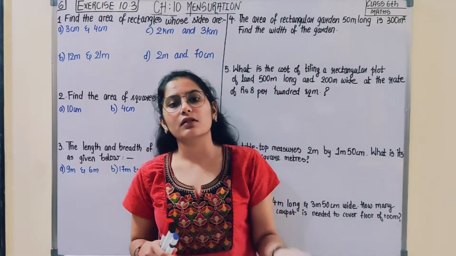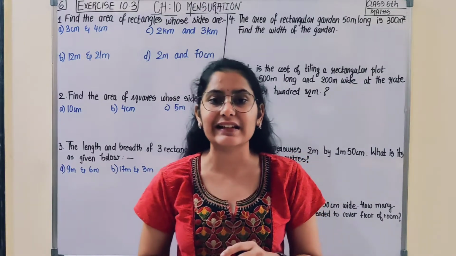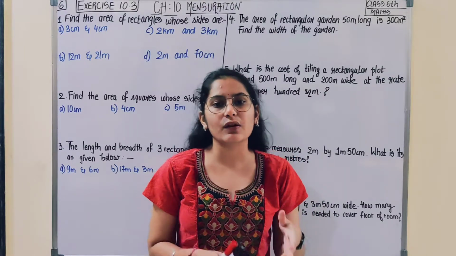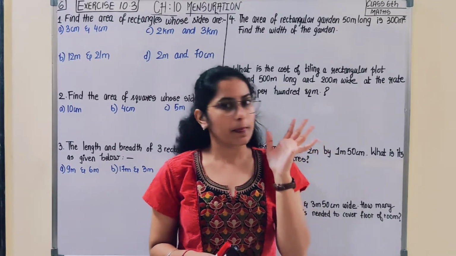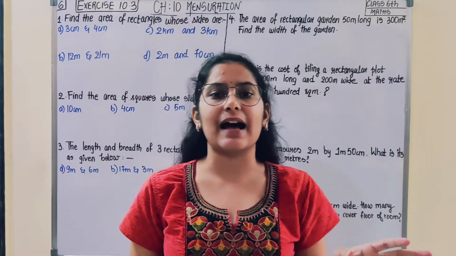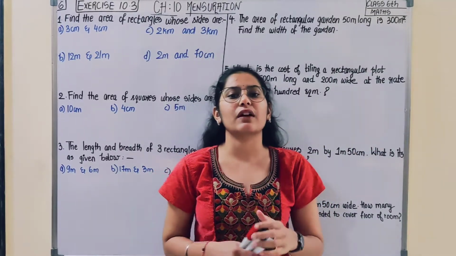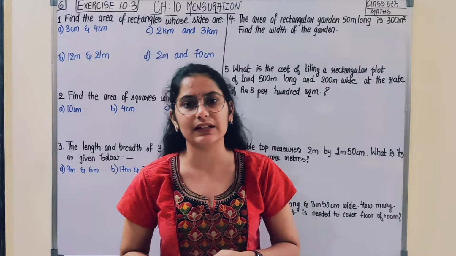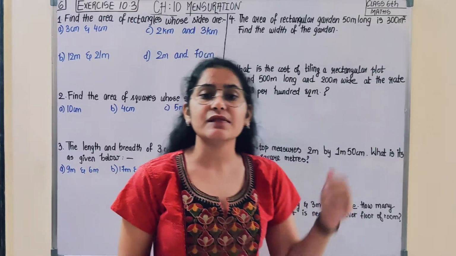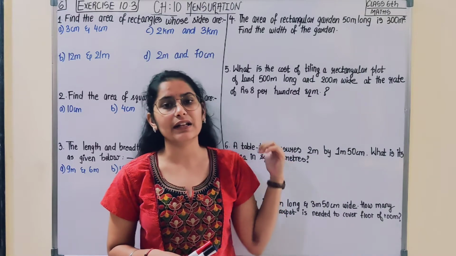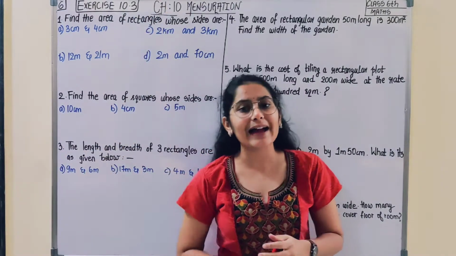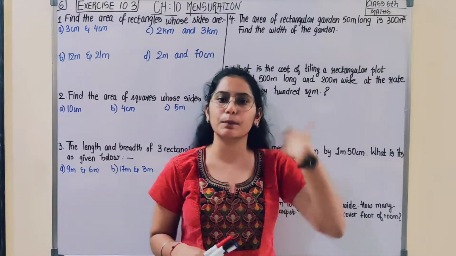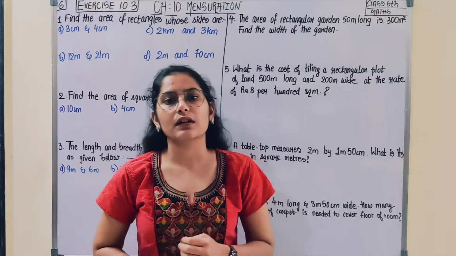We also talked about some formulas, that is, area of rectangle is equal to length into breadth, and area of square is equal to side into side. Then we solved examples related to it. In this video lecture we are going to see the application part of these formulas. We have already started observing this in the form of solved examples, but in this video lecture we will be talking about questions related to it in the form of exercise 10.3, and I would be providing you some extra questions with answers.